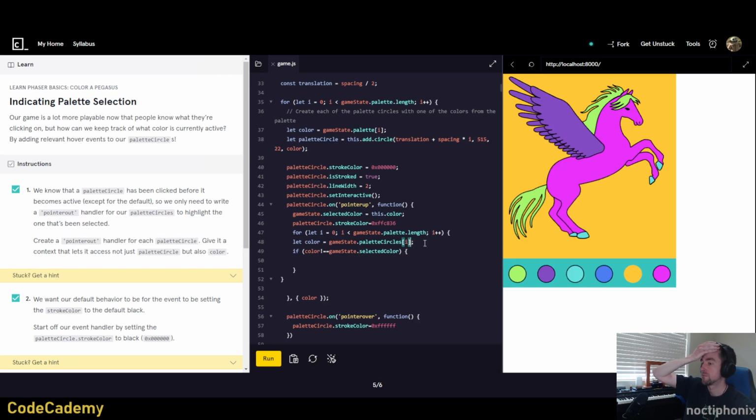it needs to be the color, like the color property within that. Man, this is convoluted. Okay, so let the color equal that, the color property within the palette circles array, which is the index of i from the for loop. And then, never knew a coloring book could be so complicated. So then, color, if that is not equal to GameState.selectedColor,